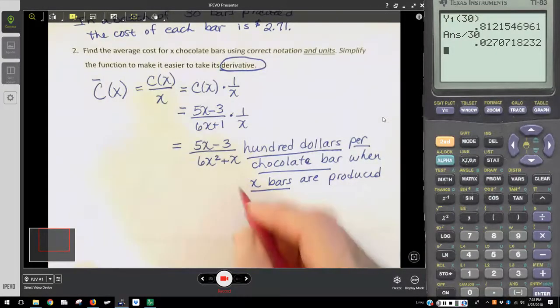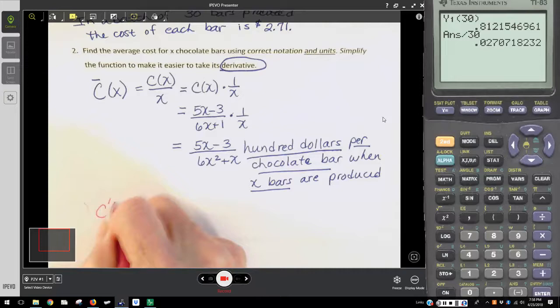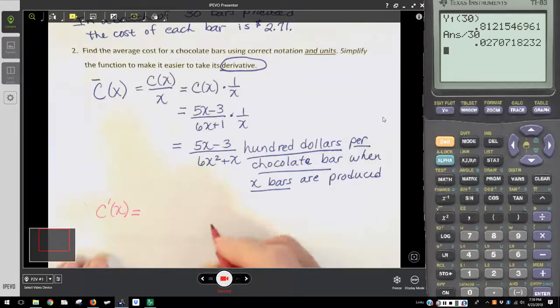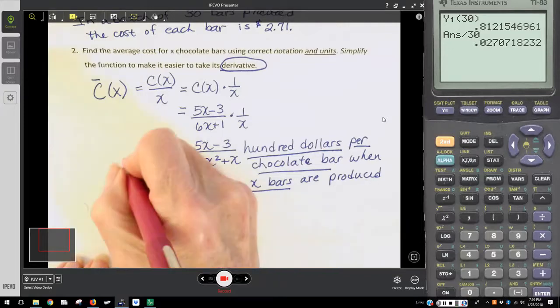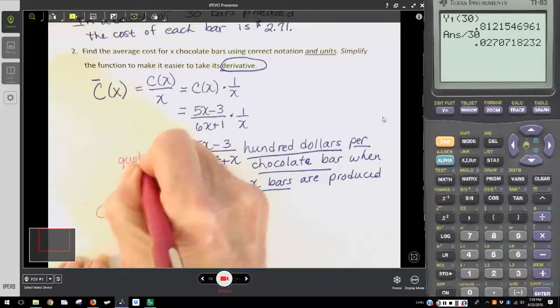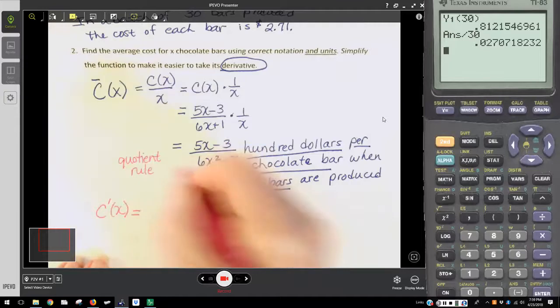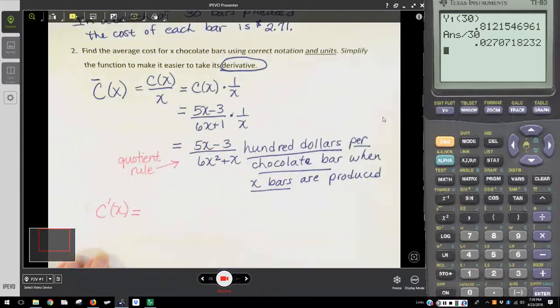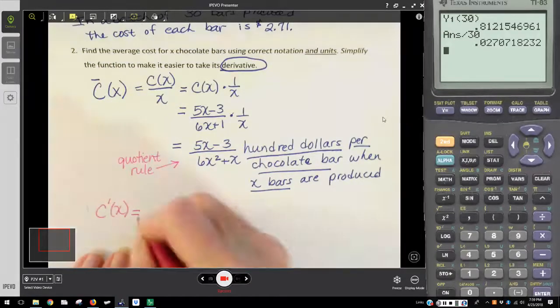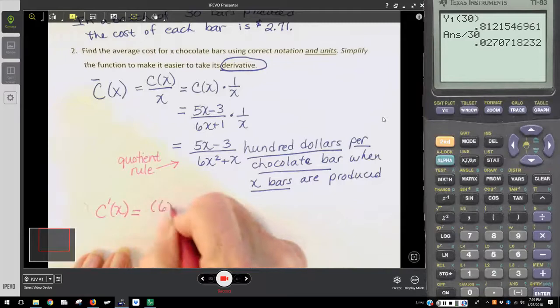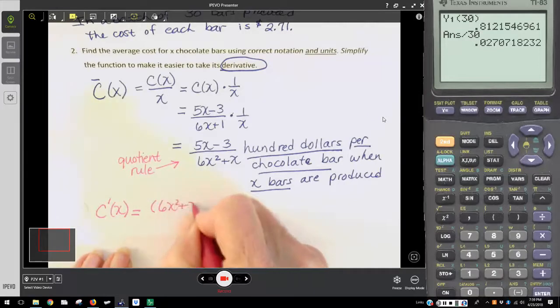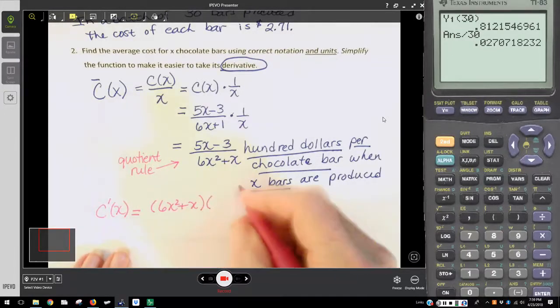So the derivative, C prime of x, is equal to the denominator, because this is a quotient rule. You could do it with a power rule, but it's actually simpler in the long run to do this with a quotient rule. So it's going to be the denominator, 6x squared plus x, times the derivative of the numerator,